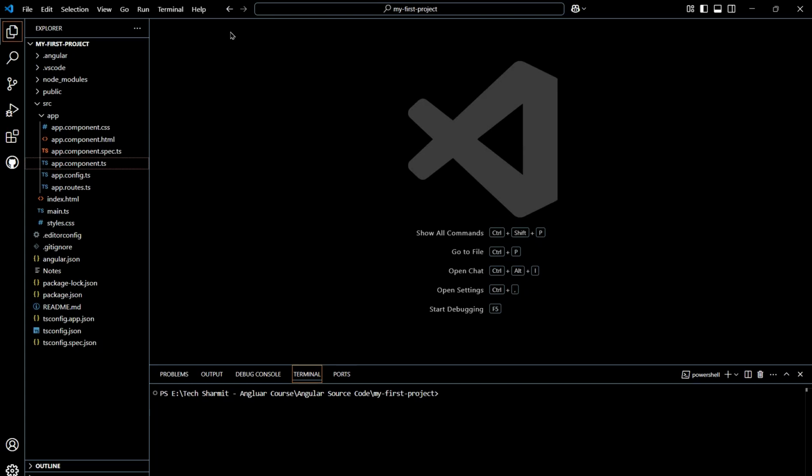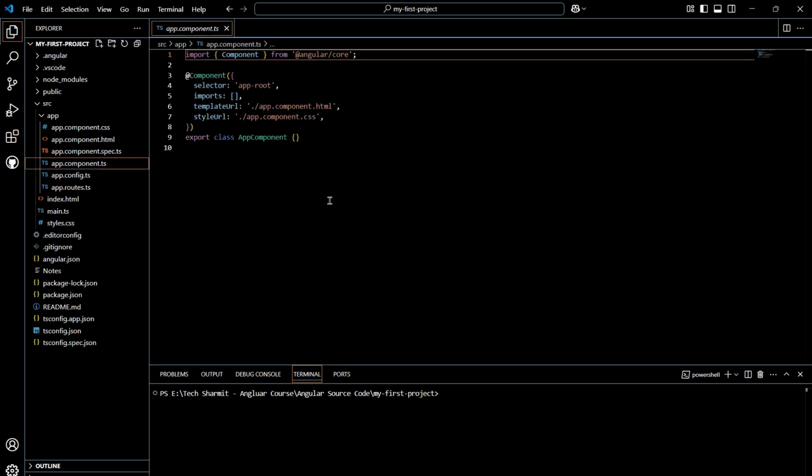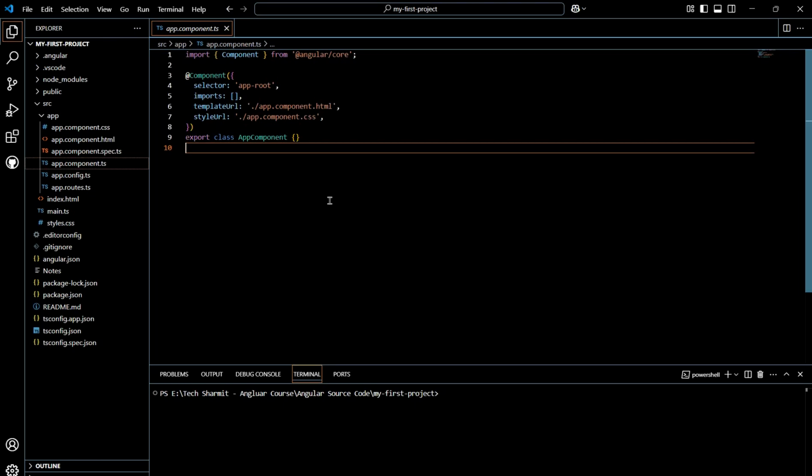Okay, fine. So now we are going to proceed in a very similar way. Firstly, I'll explain the requirement. So let's go to the app.component.ts file. The first requirement for ngSwitch is to import the common module. Why? Because